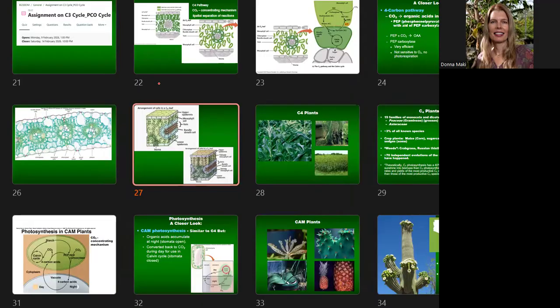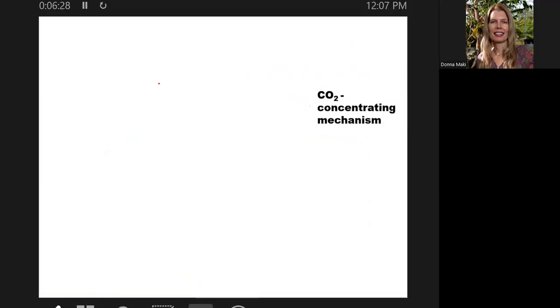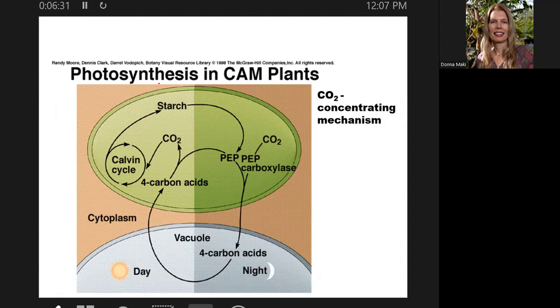Okay. So then we need to look at this one too. So this is another group of plants that evolved in very drought-prone, hot conditions. So now we're thinking desert environments where we have really hot days, extremely hot. And then relatively cool. If you've ever camped in the desert, you know that the nights can get cool and a little